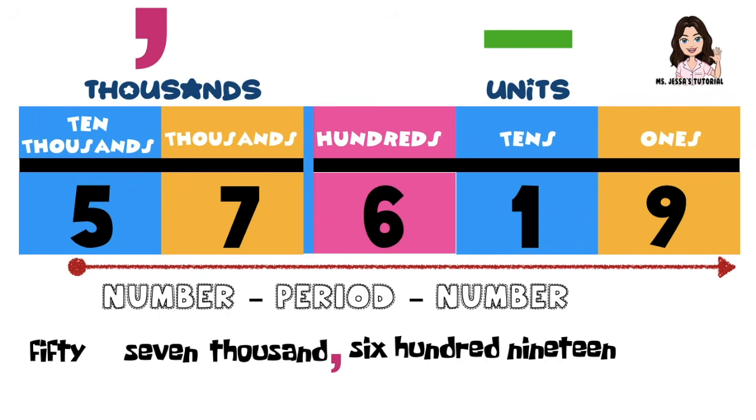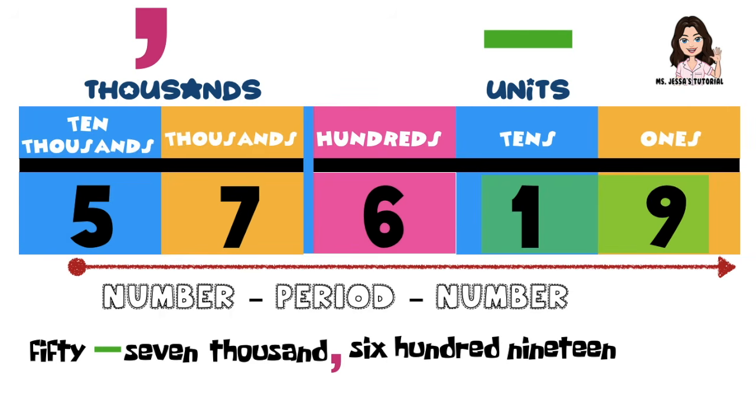Let's look at the thousands period. At the thousands period, we have 5 10,000s and 7,000. So it is written as 57. So since it is two words, we will write the hyphen between them. Then let's proceed to the units period. At the units period, we have 1 tens and 9 ones. And if you write it in words, we have 19. And 19 is only one word, so we will not use hyphen for that. So that is the correct way in writing